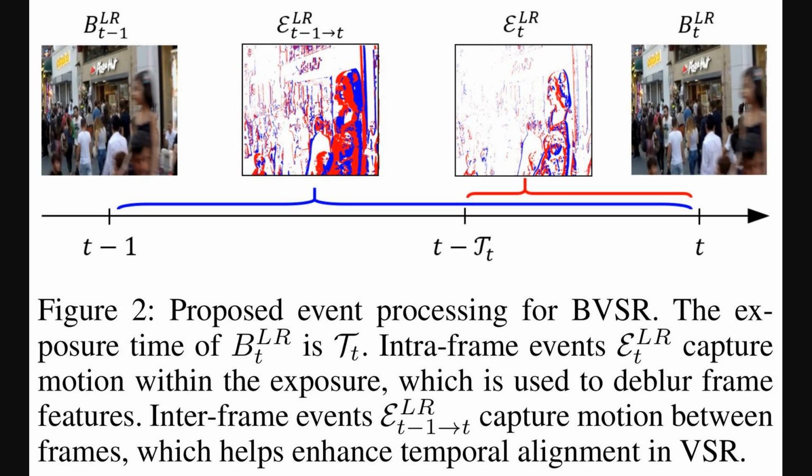So Figure 1 showed us the impressive result of using events. Now Figure 2 gives us a clearer picture of how they actually process these event signals. They make a key distinction, splitting the events into two types based on timing. You see along the timeline there are intra-frame events, which happen during the short exposure time of a single blurry frame. These are used specifically to help deblur that frame. Then you have inter-frame events, captured between frames, which are really important for aligning the frames temporally and ensuring smooth